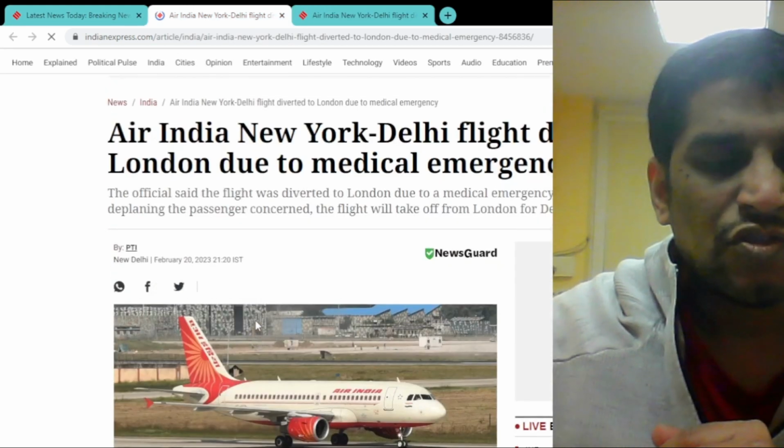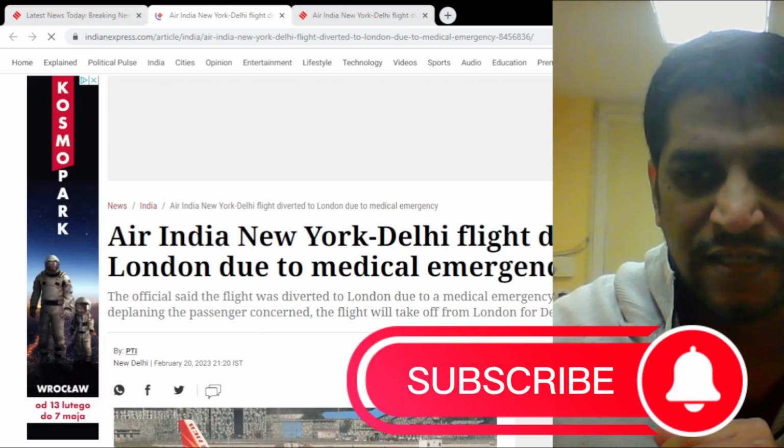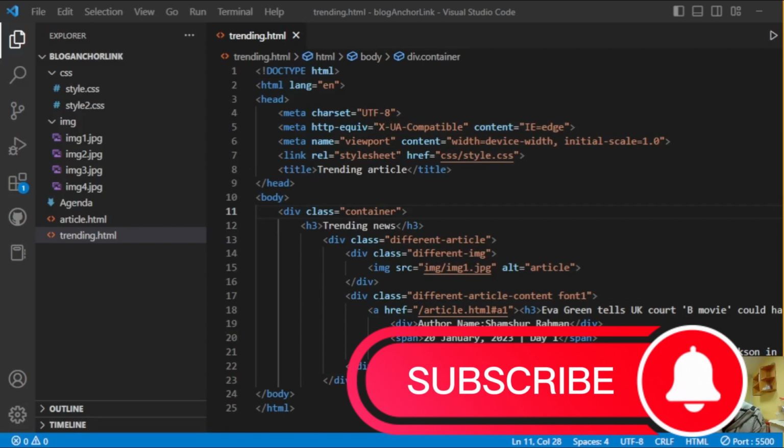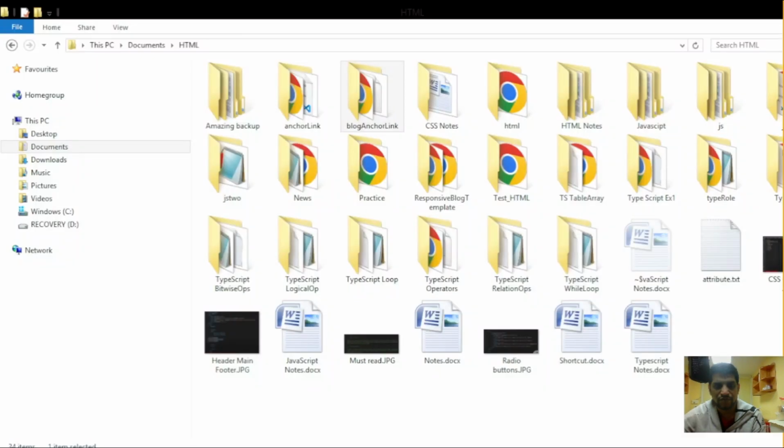All right, so let's see how to achieve this in HTML, CSS and JavaScript. So guys, now we will see how to give hyperreference or anchor tag to our news website so that while clicking on the title it can redirect you to the other page. So for that you need to open your Visual Studio Code. If you have Atom, you can use that as well. All right, and for this, first of all I will show you some of the files which I have